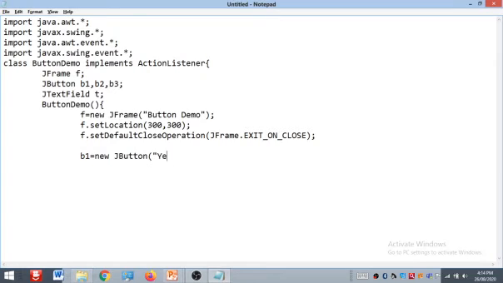Then we have b2, with which we provide new JButton, suppose we are going to provide no. Then we have another one, the third button. We initiate JButton, and with this button we provide